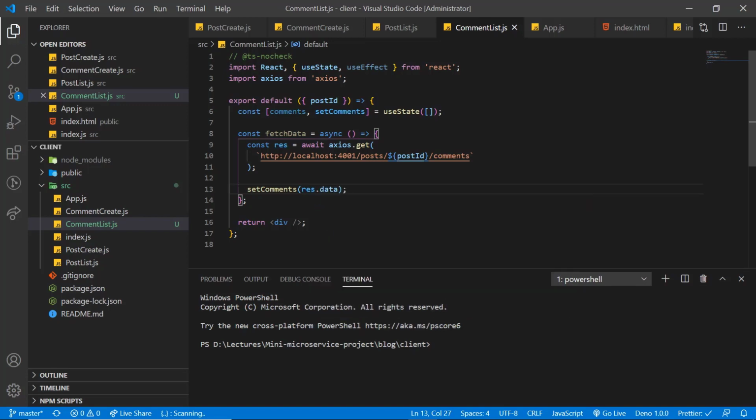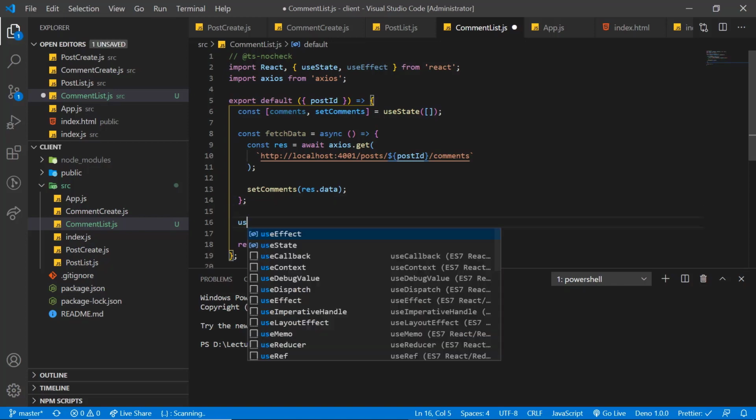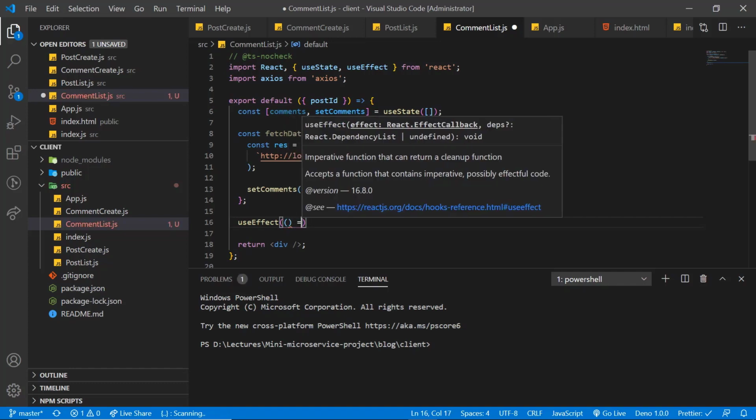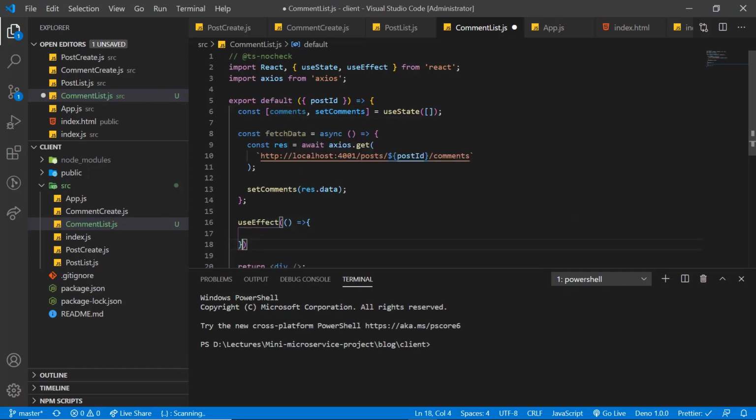Save the changes. Next, we need to make sure that the fetchData function is called just one time when this component is first displayed on the screen. So useEffect, and in the second argument of this function we are going to pass an empty array.